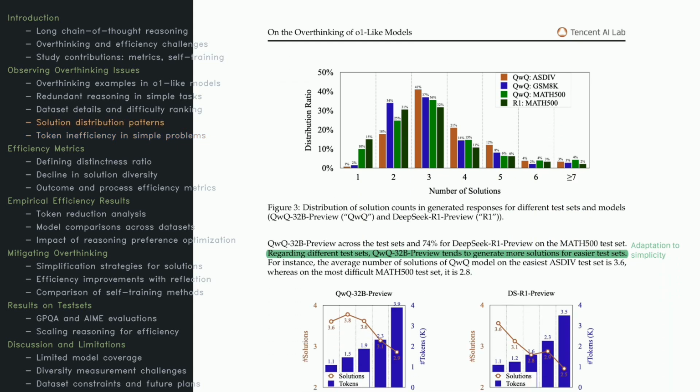Next, we see how frequently these o1-like models generate multiple solutions. QwQ-32B-Preview tends to produce more solutions for simpler datasets like ASDiv and fewer for harder ones like MATH-500. By contrast, DeepSeek-R1-Preview cranks out slightly fewer solutions overall and stays consistent across different levels of difficulty. If you look at the bar graph here, you'll notice most problems get 2 to 4 solutions, with very few going beyond that. This pattern suggests that for easy tasks, the model churns out more solutions than necessary, an early